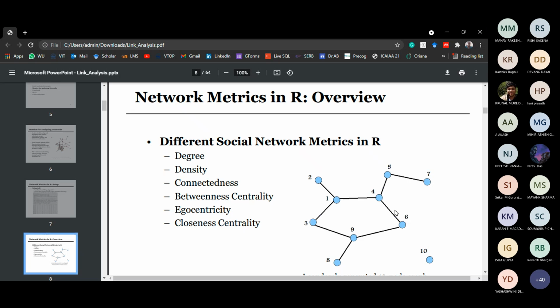Okay, so dear friends, now we will see about social network metrics. We have seen an abstract view of what a metric is for a given graph. Now you connect that to network metrics. We are going to apply the graph theory concepts over social network analysis, over the social network data. That is, how to implement graph theory concepts over your social network data. That is what we are going to see today.